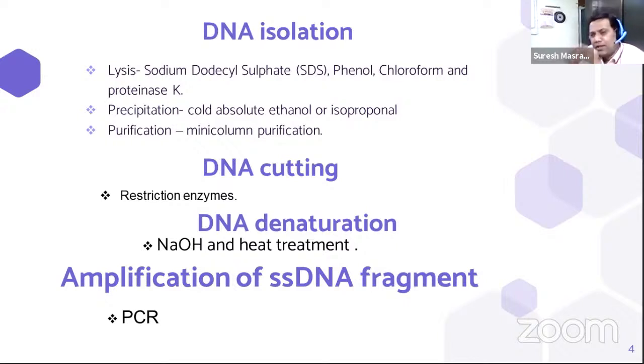Now, single-stranded DNA is not sufficient to know the sequence of the DNA. Therefore, we must have multiple identical copies of this single-stranded DNA fragment, and we can get these multiple copies of the DNA fragment with the help of the polymerase chain reaction. Like this,